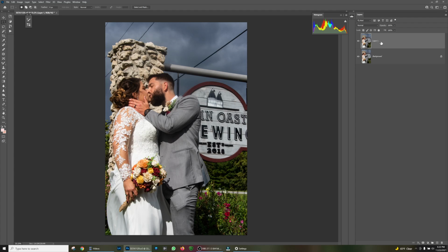By clicking on Layer 1, you usually go over to the Spot Healing Brush tool right here. And it usually defaults to the right values. And in here you want to click Sample All Layers. The size of it matters, how big your power line is. You always want to get it a little bit bigger than the actual power line